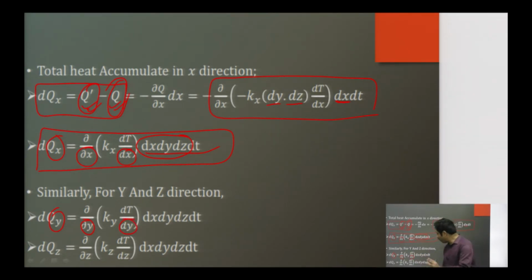You know why? Because this is a temperature gradient, and from Fourier's law, if this is T1, this is T2, and this is the thickness, it is delta T by delta X. This is the temperature gradient from Fourier's law of conduction. If it is in y direction, it will be delta T by delta Y. If it is in z direction, it will be delta T by delta Z. Similarly for qz, the thickness is delta z, so here it is dz, and the volume is common, dx dy dz, and we are going to remove this volume later on.